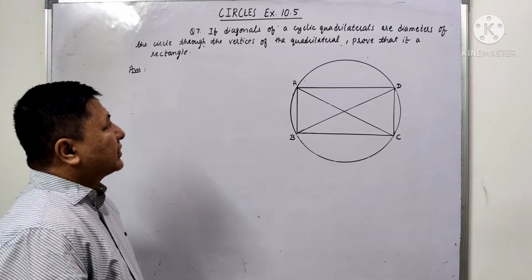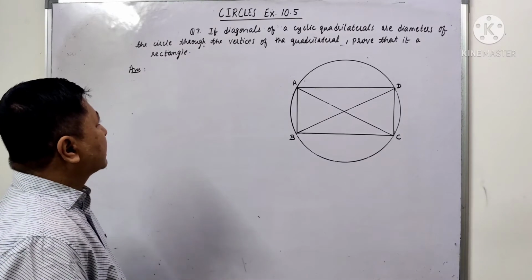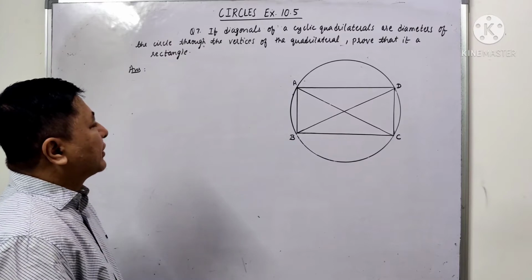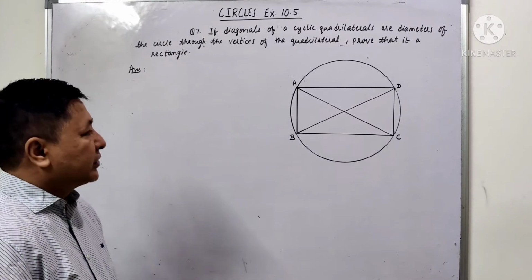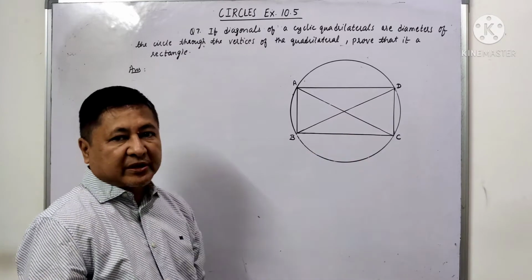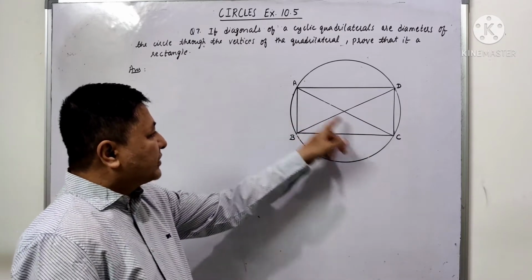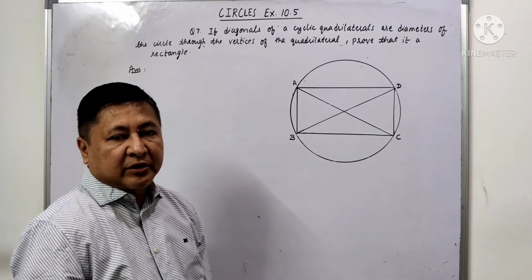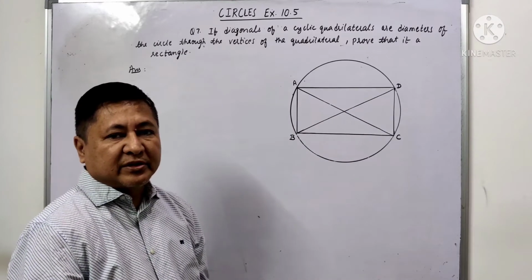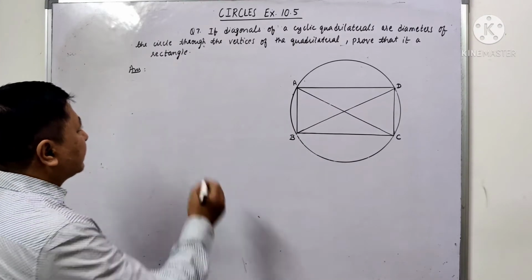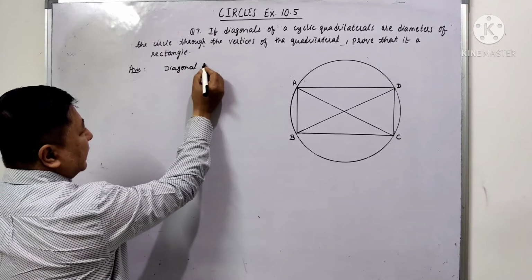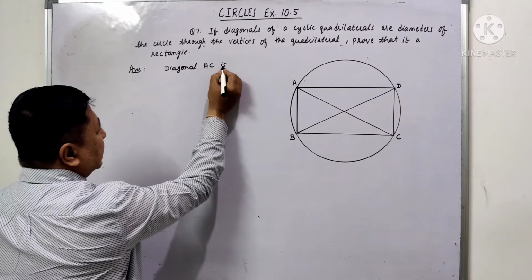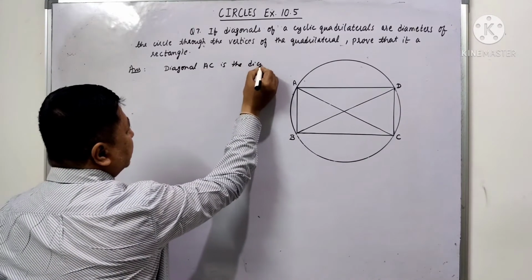Now let us solve question number 7 of exercise 10.5. If the diagonals of a cyclic quadrilateral are diameters of the circle through the vertices of the quadrilateral, prove that it is a rectangle. In this question it is given that ABCD is a cyclic quadrilateral and AC and BD are the diagonals as well as the diameters of the circle. So diagonal AC is the diameter of the circle,